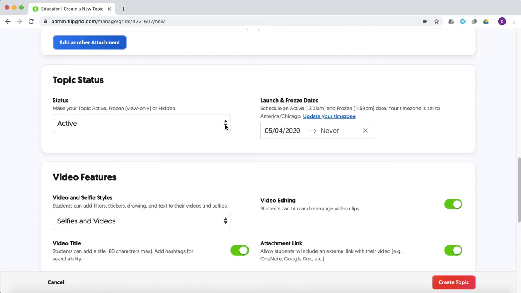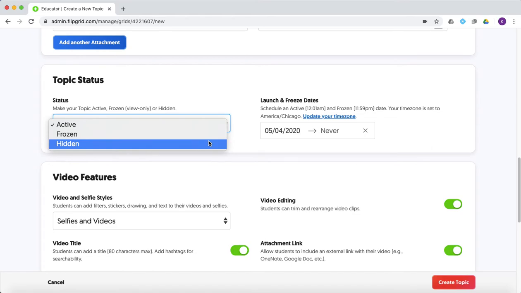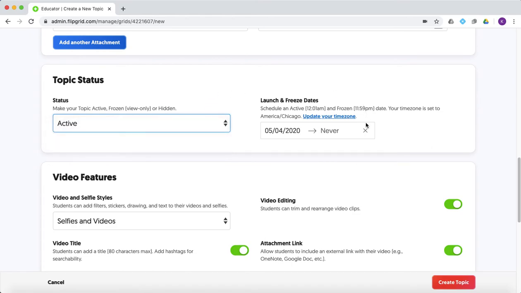You can choose whether you want that to be active, frozen, or hidden. So if it's frozen, they can't reply. They can just see what's there. And if it's hidden, they won't be able to see it. You can choose when it's active and when you want it to freeze and not be available for them to